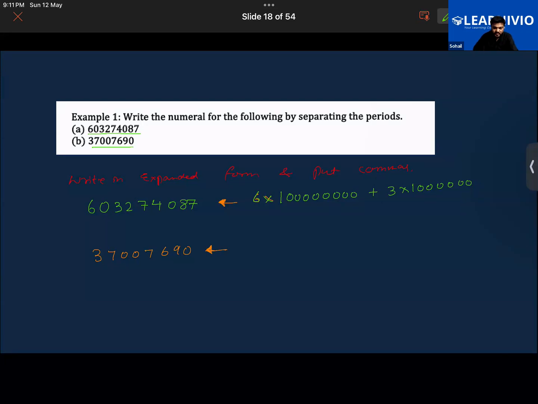Even if you were to write it like this, it is not much of a problem. Is this how you were writing? Yes. Okay, that is correct. That is also correct, no worries. Sumaya, you also did the same thing? Yes. Okay, both of you good.